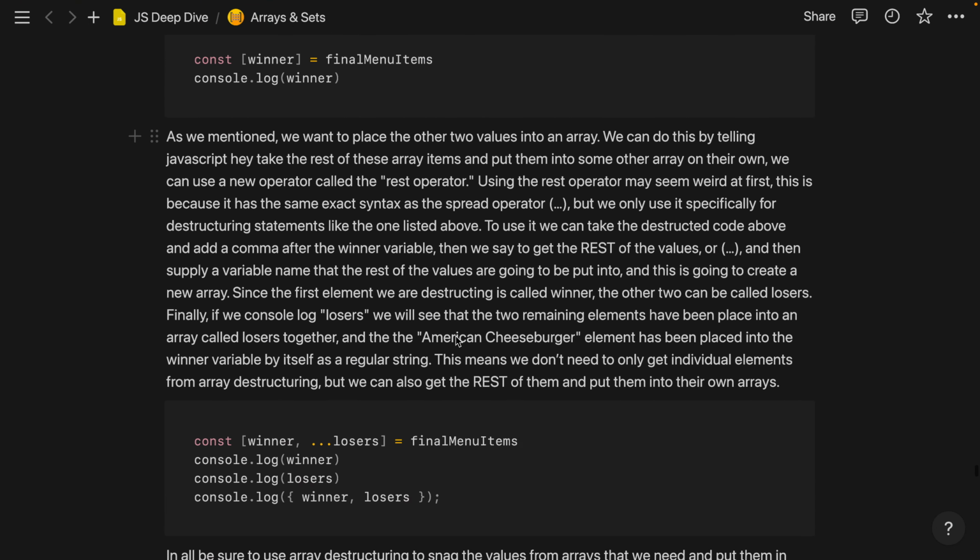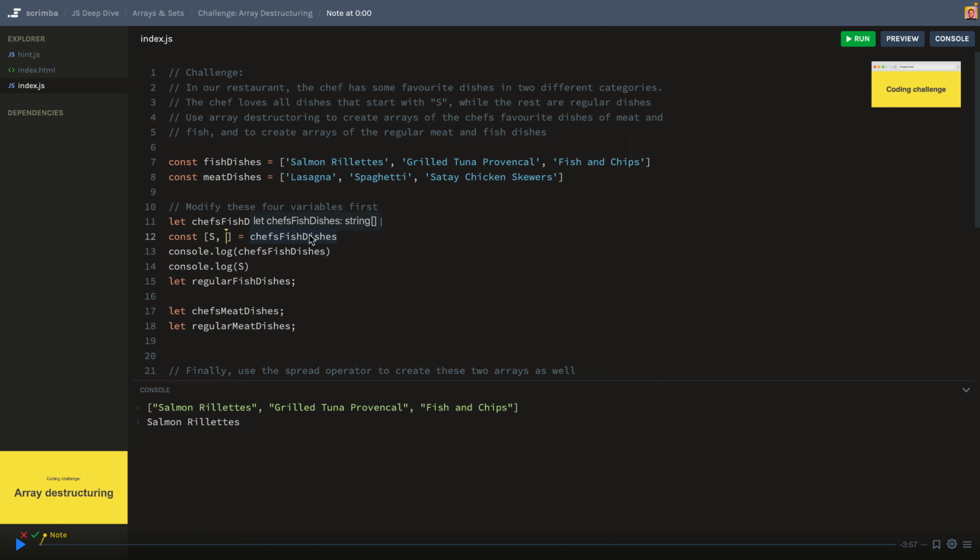So basically what this means is that since we only destructured salmon from it and put that into the variable of S, we can now take the rest of them. So rest, meaning the 3 dots, very similar to the array spread. But since we're using it inside of array destructuring, it stands for rest. Hopefully I explained that right. So we can do that. We can put it in an array called,